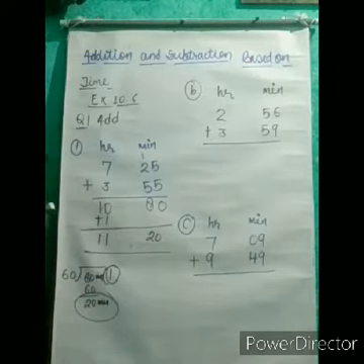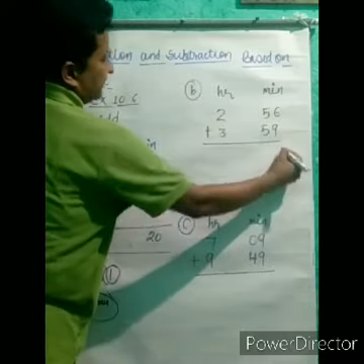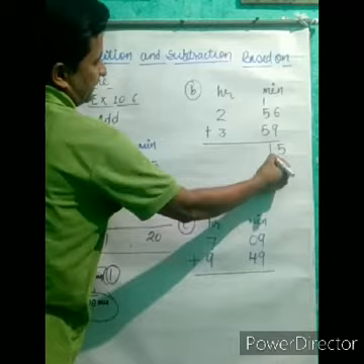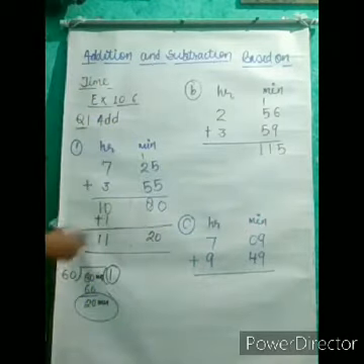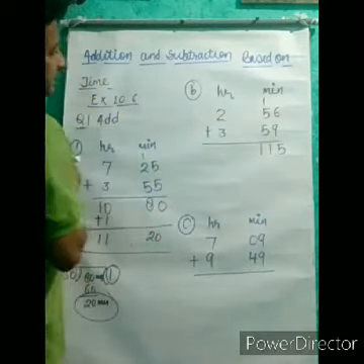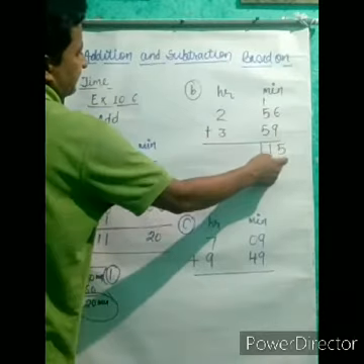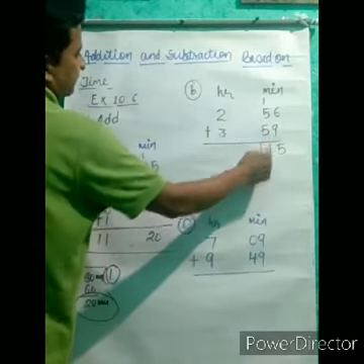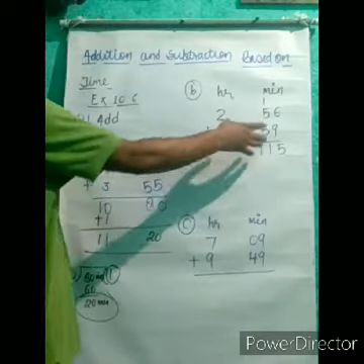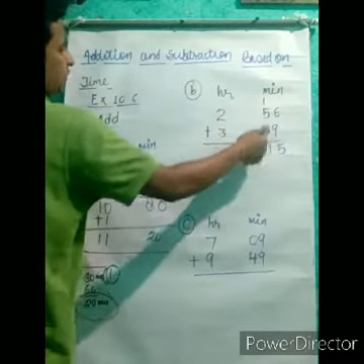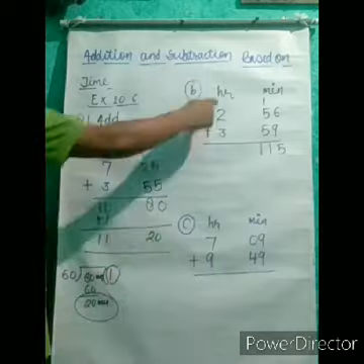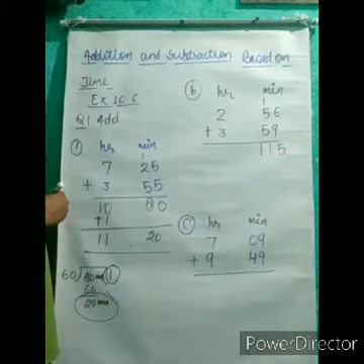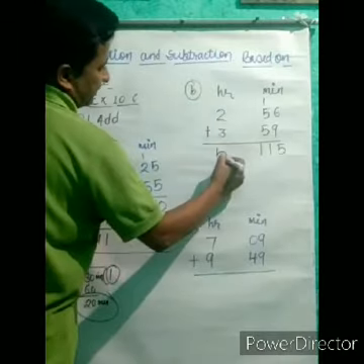We can see another one. Here you can add simply: 5 plus 6 plus 9 is 20, 5 and 1 carry... 5 plus 5 is 10, 10 plus 1 is 11. Because this addition is of minutes, we cannot take the carry into hours. So we have written 115 completely here, and here you can add 5.